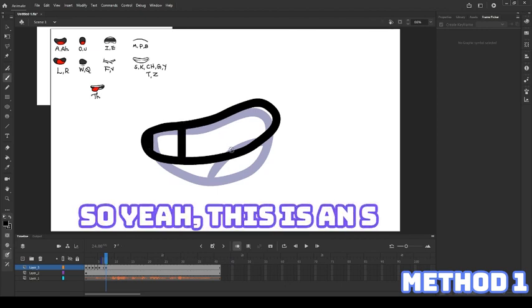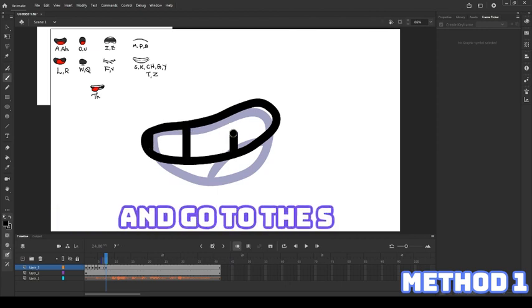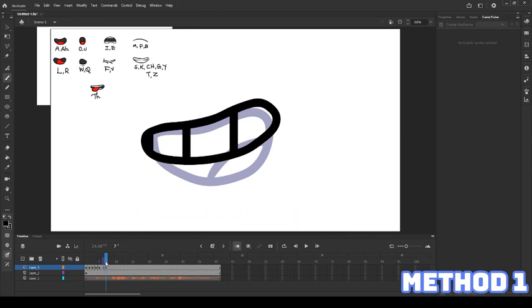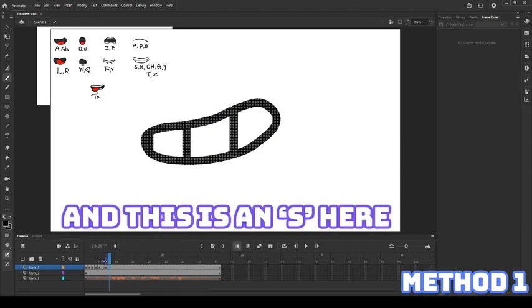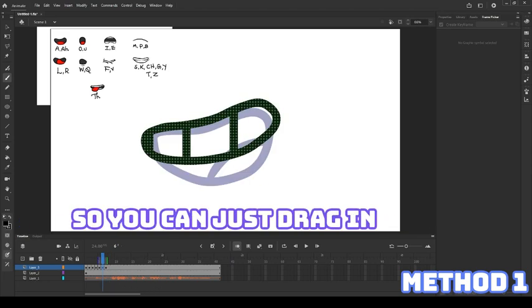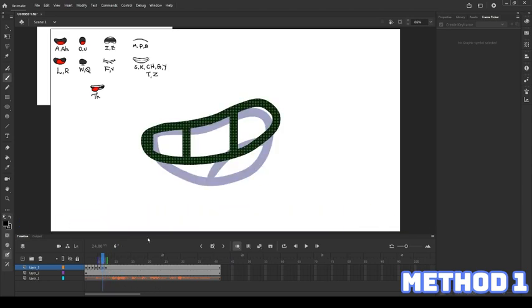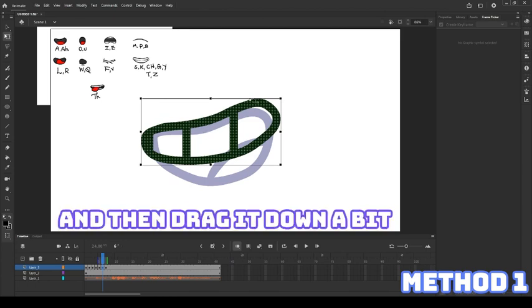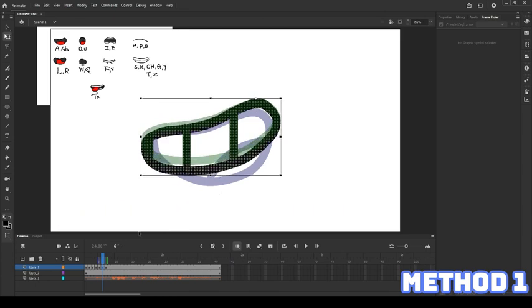So yeah, this is an S. We're going to skip out the B and go to the S. And this is an S here, so we're going to want an S transition. So you can just drag in your later frame, and then use this, and then drag it down a bit. So that's like,